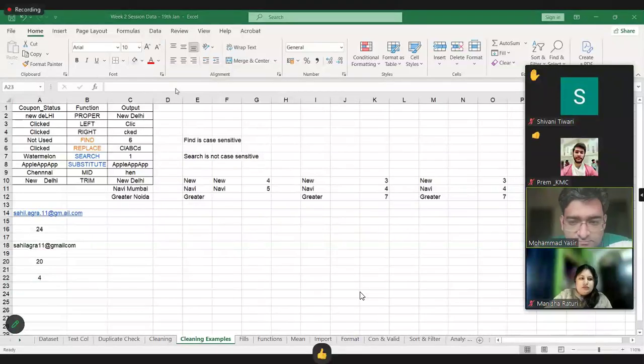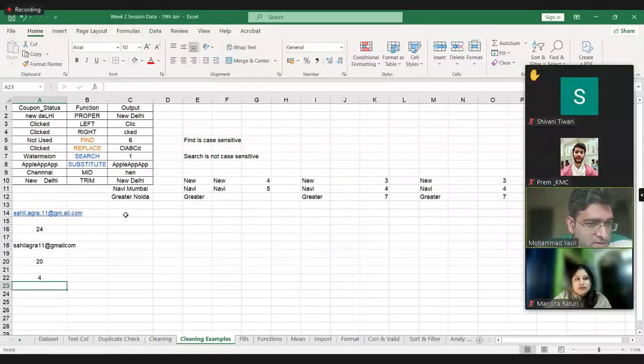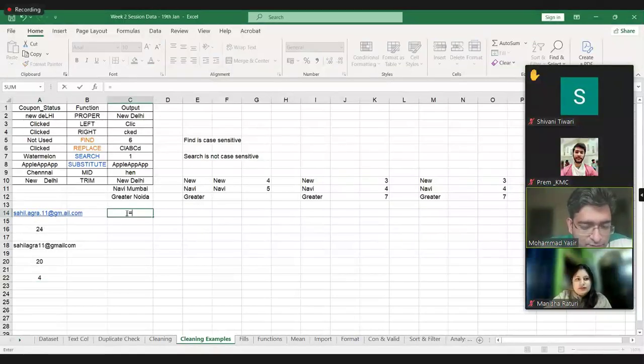Yes? Right now I have used three or four different formulae to get this answer. What I can do is create one condensed formula: length minus length of this substituted string.